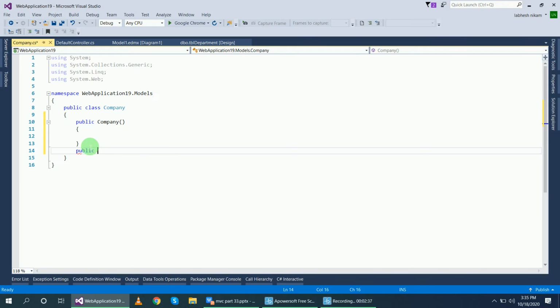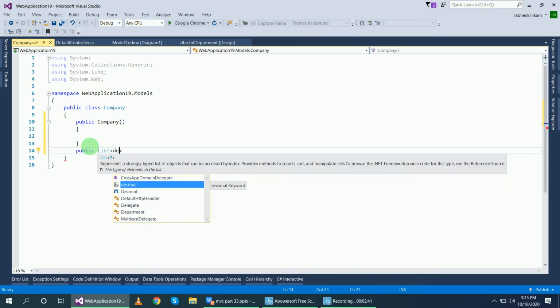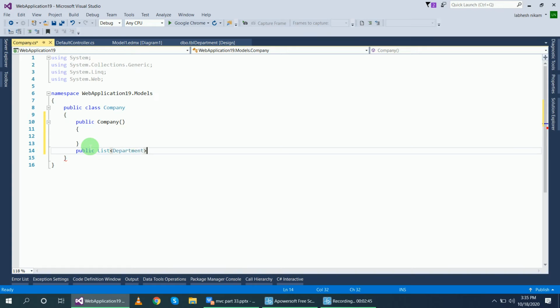So public List of Department, and the name is Departments. Inside of that I will pass the entities.